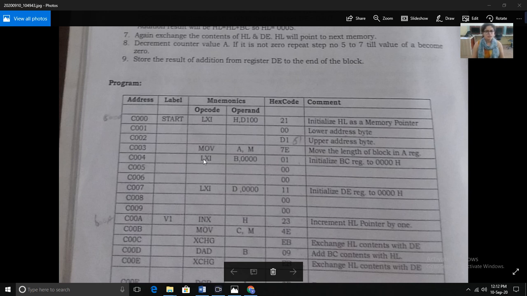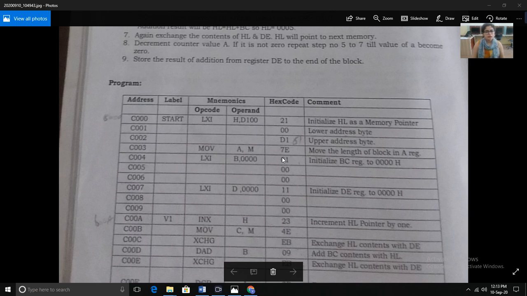Now the next instruction is LXI B, 00. Now we require some register pair. As I have told you, in that instruction we add the contents of some register pair to the HL register pair, and the result will be stored back in HL. So that's why we are going to take some register pair, that is BC. BC, you know, is a register pair. LXI B, 00 means we are initializing the B register to 0000. Again, why are we initializing it to 0? Because if there is some data, it will be removed and it will be initialized to 0000.